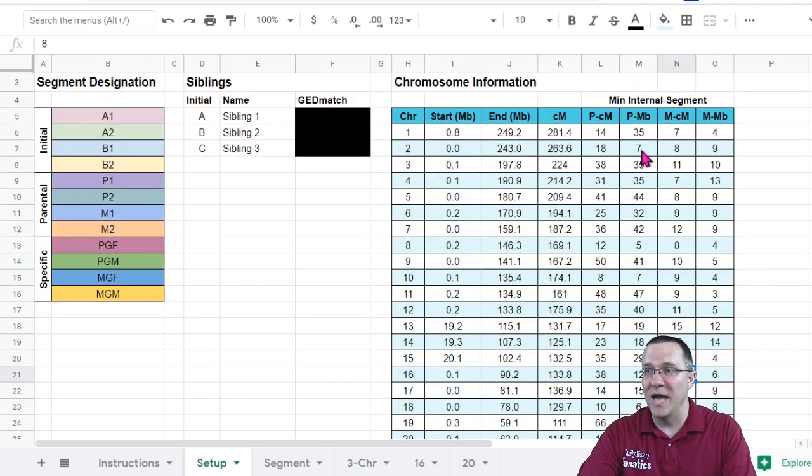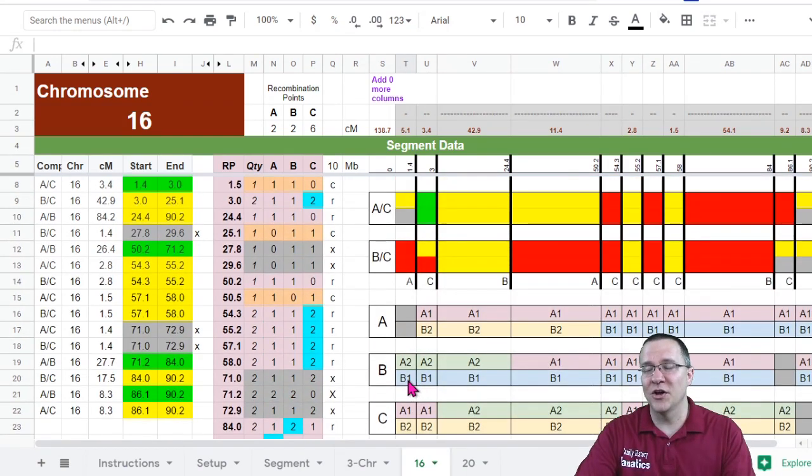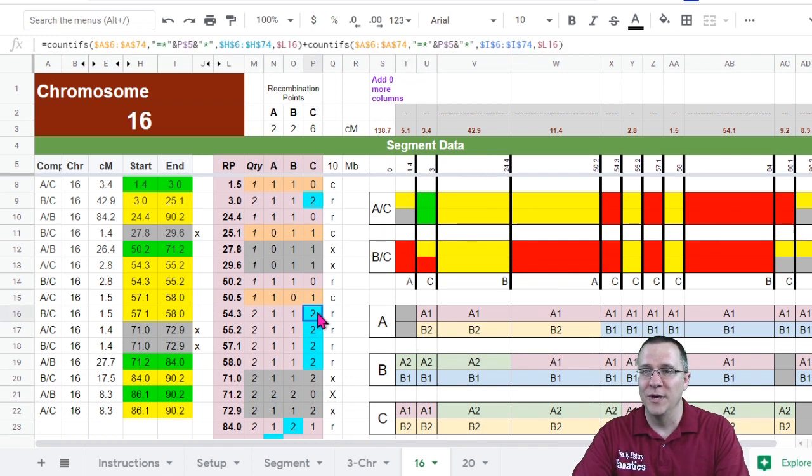Now, we can also look at megabases as well. It's 12 and 6. And if we go back here, we can see that this is just a single megabase, if that much, between both of them. So these two little segments are false segments. Now, one of the clues that we can use for that also is the fact that we had so many C